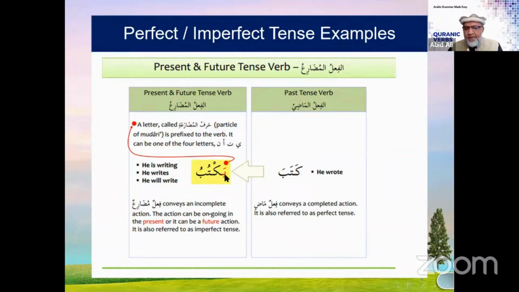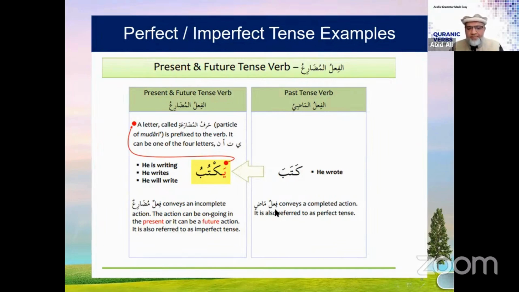So these words, ya, ta, alif and noon, these are the prefixes. What are they? Prefixes. As soon as you see ya, your mind should go third person. The moment you see ta, your mind should go second person. Alif and noon, first person. Alif for I, noon for we. And I'm going to go into more detail. Just wanted to give you a little preview, the example, so that when I talk about it, you know what I'm talking about.